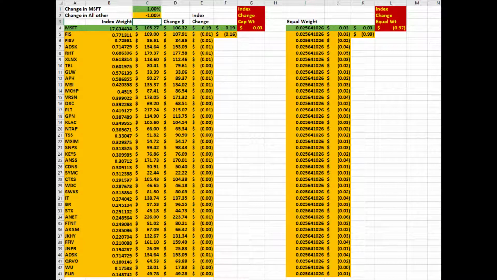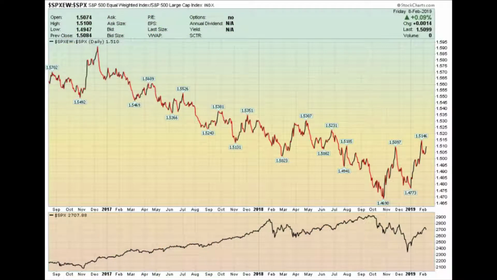Now that you can see how a cap-weighted index can be manipulated by concentrating the buying in the heaviest weighted stocks, we're going to expand our horizon a little bit and take us up to the level of the S&P 500. This chart here is what's called a relative strength chart. The first symbol at the top is $SPXEW. That is the equal weighted S&P 500 index. We're going to have that relative to the S&P 500, which simply means that we're going to take the SPXEW and divide it by the SPX. And then we're going to look at how those two relate.